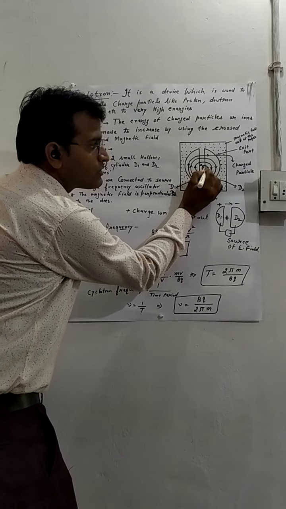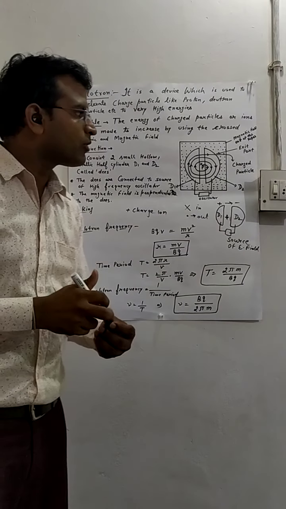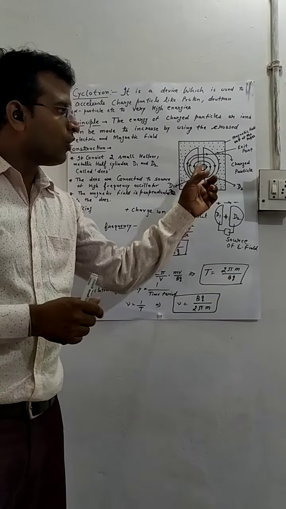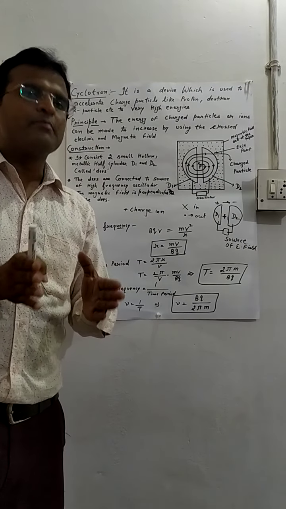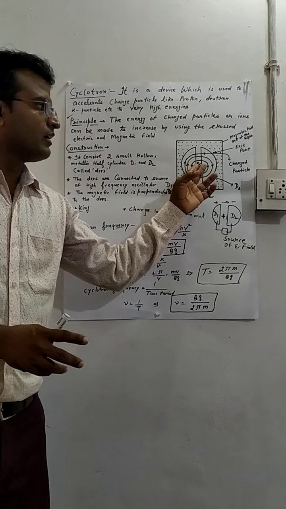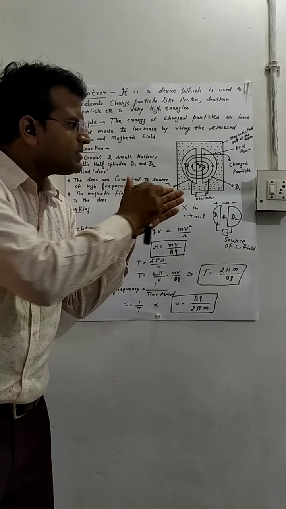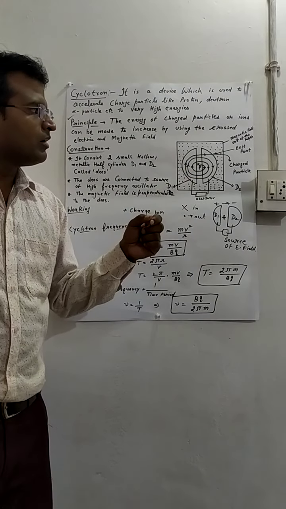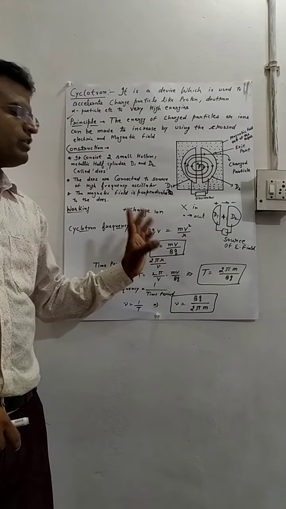Now it moves in a circular path. Why? Because inside the conductor the electric field is 0. Only the magnetic field is there. A charged particle in the presence of a magnetic field experiences a force. Why is its shape semicircular? Because the force acting is equal to BQV.